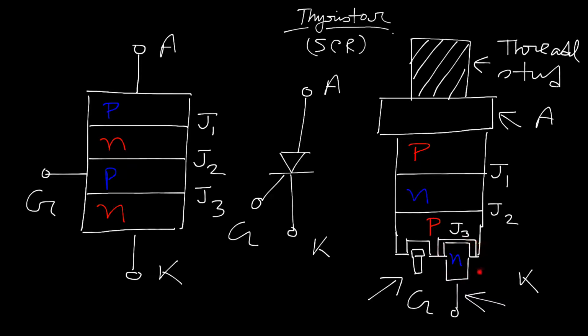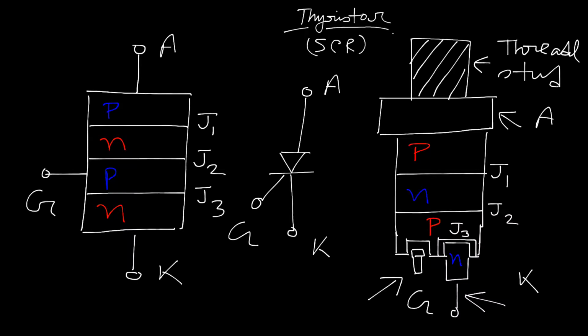This lower part is directly connected to the cathode terminal, and the region located close to the gate terminal will be highly doped, means the electron density is higher with respect to the other layers. And the upper surface, which is called the anode terminal, occupies a huge space to provide a low resistance path. And this is the threaded stud I told you before. It is normally used for tightening the total structure and as a heat sink for higher applications.